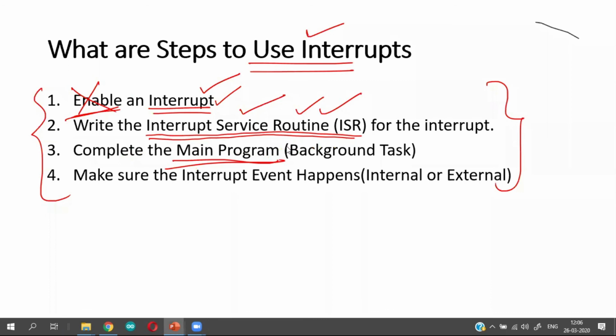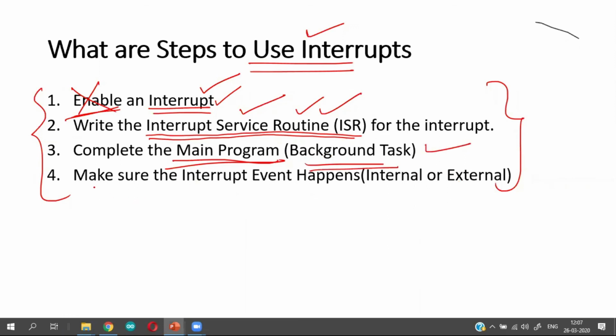What is the task that I do when I don't get interrupted? I take class. Taking class is my background task. Likewise, when you are designing an interrupt based application, you have to decide which part of the application should be the background task and which part should be interrupt driven. The application which the microcontroller performs under normal scenario, when it is not getting interrupted, is the background task, which we will do in the main program.